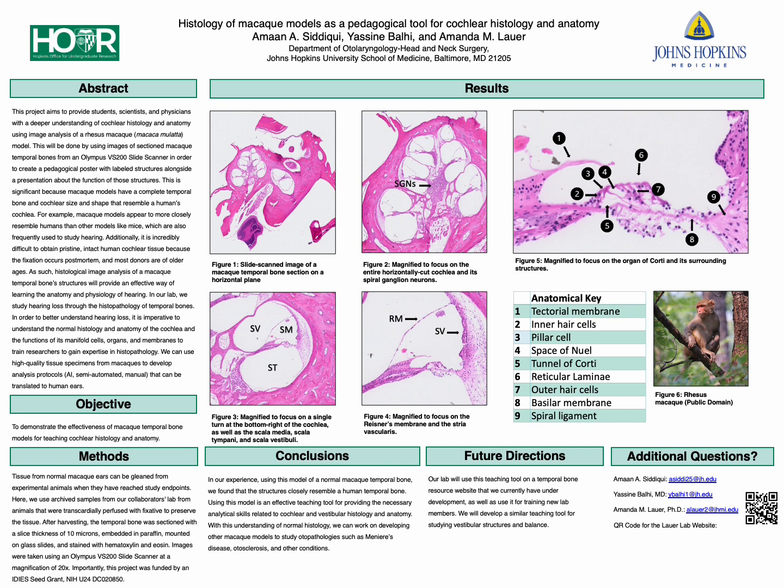If you look at Figure 6, you'll see an image of a rhesus macaque, whose species is being studied in this poster. Taking a look at the conclusions, in our experience, using this model of a normal macaque temporal bone, we found that the structures closely resemble a human temporal bone. Using this model is an effective teaching tool for providing the necessary analytical skills related to cochlear and vestibular histology